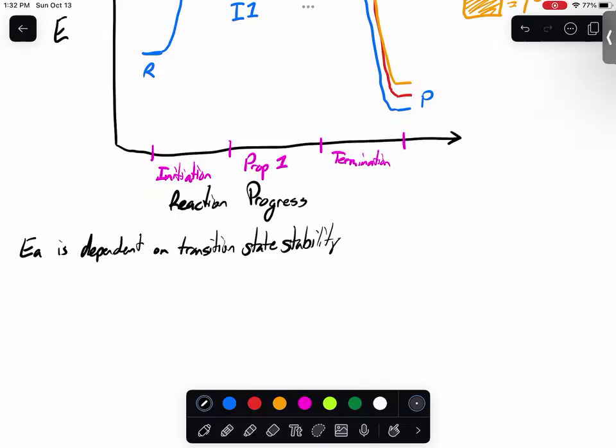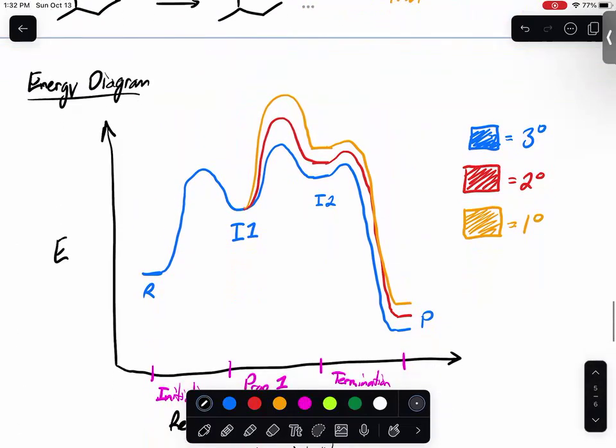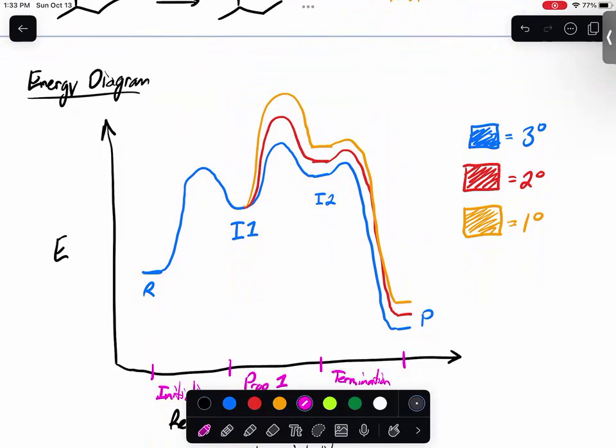So that means we have to look at what the transition state actually looks like. Okay? So how do we know what the transition state looks like? Well, we found something last lecture that was very useful for that. It's called Hammond's postulate. And when we were looking at Hammond's postulate, we essentially said whatever the transition state is closer in energy with is what will actually be what the transition state looks like. And so in this case, our transition state for each of our traces is closer to the second intermediate, right? So we would say the transition state looks like